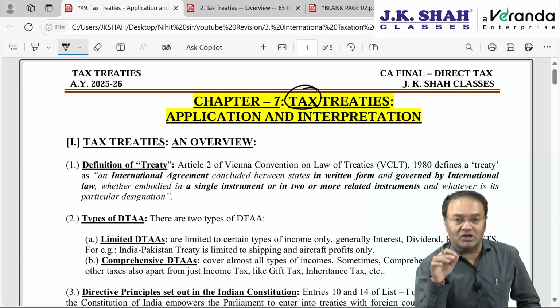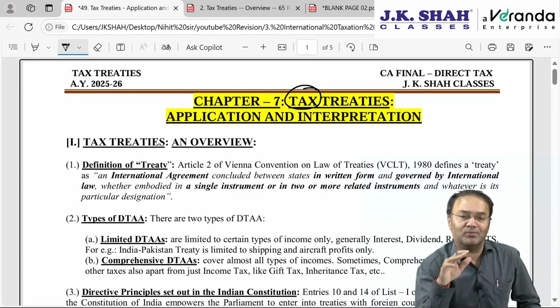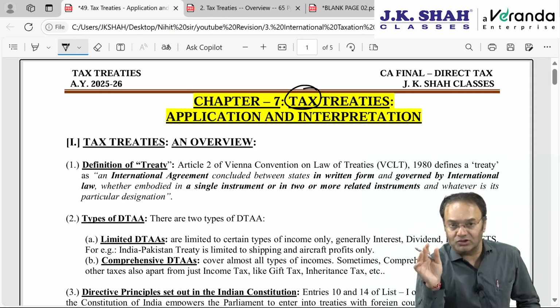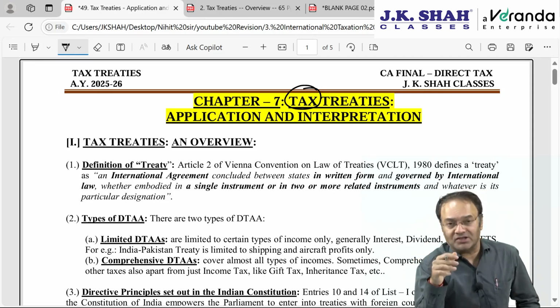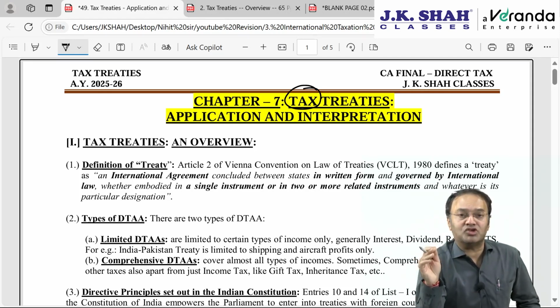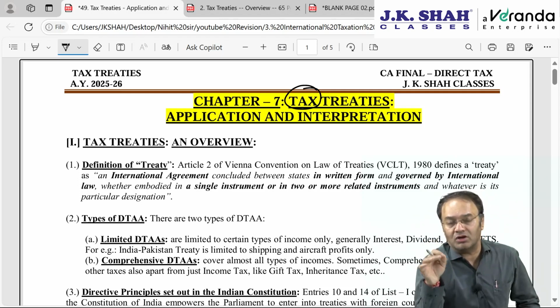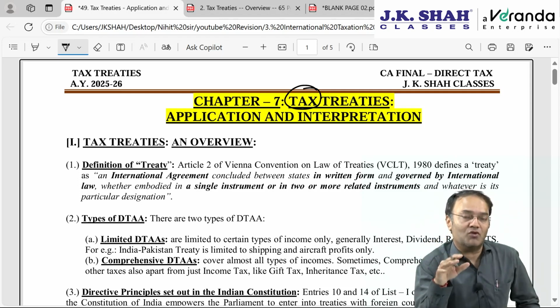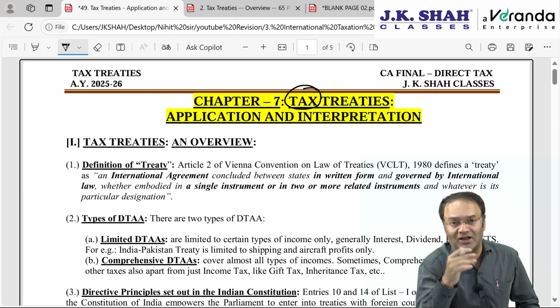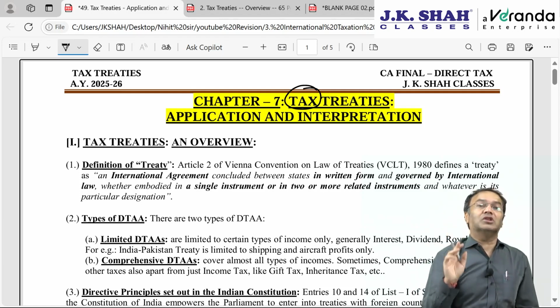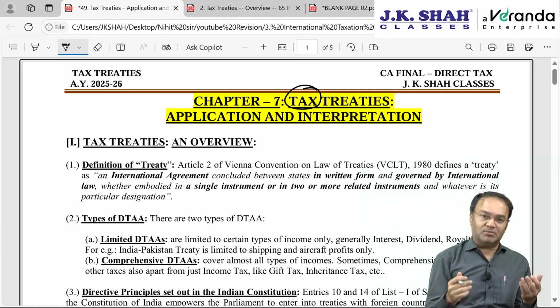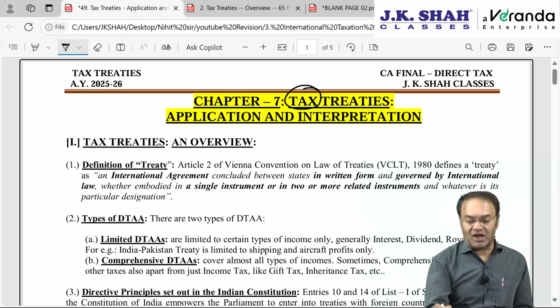Though the title says tax treaties, some part of this chapter is applicable not only to tax treaties. It is applicable to any other treaty also. Like between India and Pakistan, for example, we have a treaty for sharing water of Indus River, which is called Indus Water Treaty, IWT. Such kind of treaty or climate change treaty between multiple countries including USA, whereby USA backed out of it. So this chapter is not only for tax treaties, but ideally we have to understand this chapter from the perspective of tax treaty.